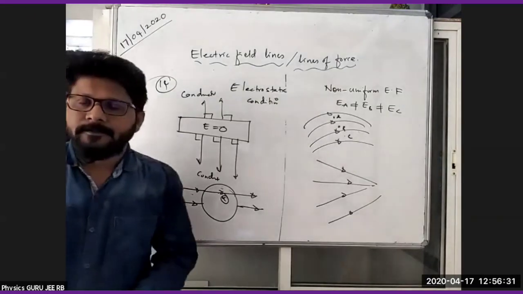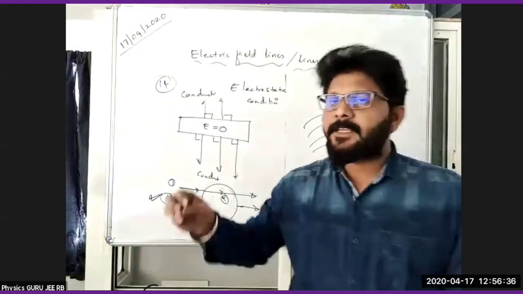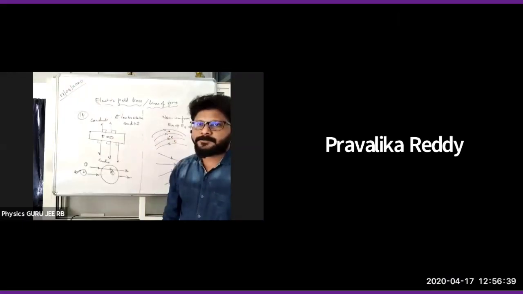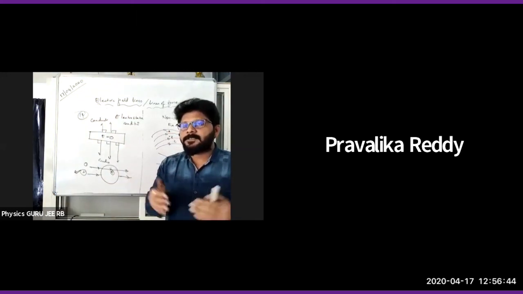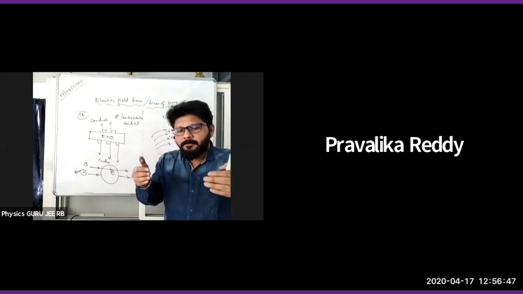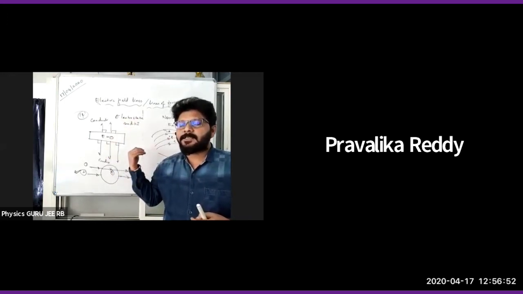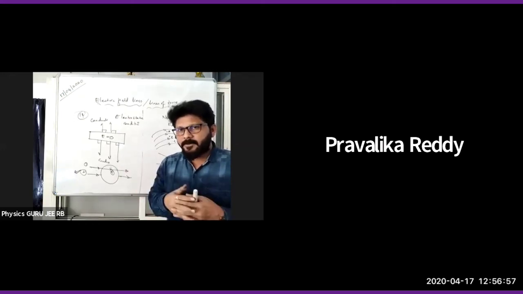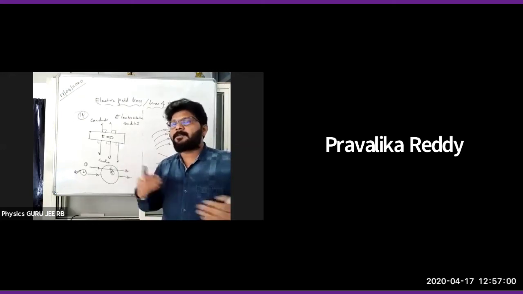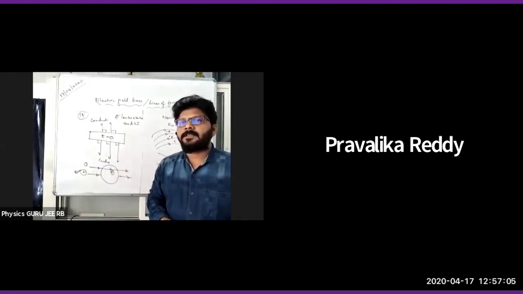All the properties we can see from near points and far points. When you see from a near point, the lines appear to be close, that means they appear to be meeting at a point. When we see from a far distance, they are not appearing to meet at a point. At a near point they meet at a point; at a far point they may not meet. That is the concept of far point and near point.